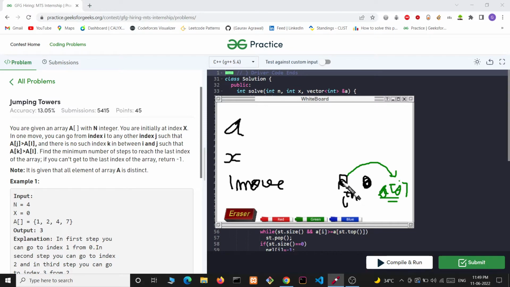Let's say this is the length of A[i] and this is the length of A[j]. Then there should be no element between them which is greater than A[i]. So this must not be there. Similarly, we are jumping to the right, and we can jump to the left also. So we can directly jump to an element which is greater than A[i]. This can also be a possible A[j] such that A[j] is greater than A[i] and there is no element between A[j] and A[i] which is greater than A[i].